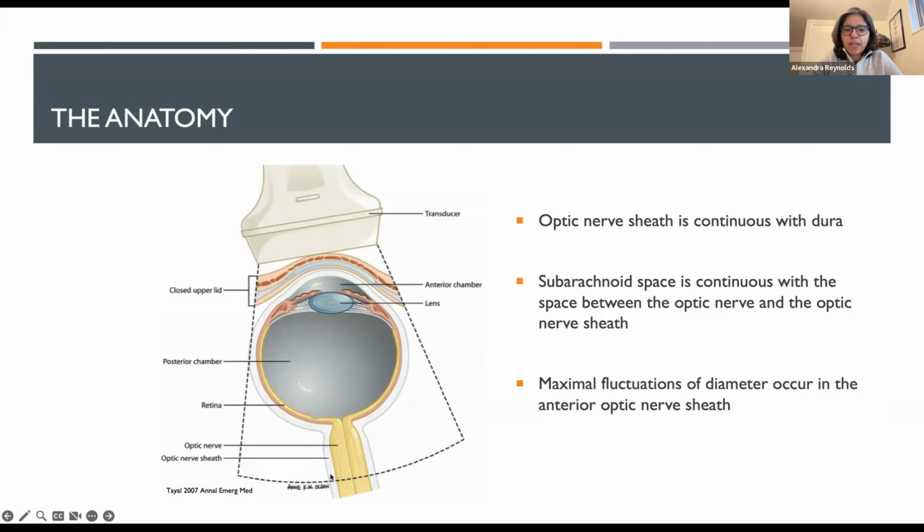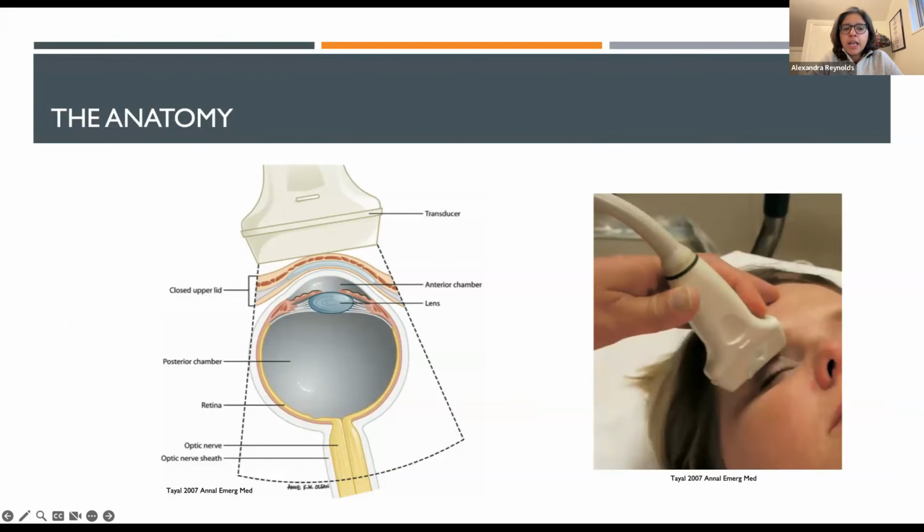And so once the ICP goes up, obviously the ICP is transmitted forward in the form of papilledema, which you can see. But it also causes fluctuations in the diameter of just the optic nerve sheath, where the sheath widens. But of course, you wouldn't expect that the optic nerve itself would change. And so this is how you measure it with just a vascular ultrasound probe. So this is actually something that was developed primarily in the emergency room,